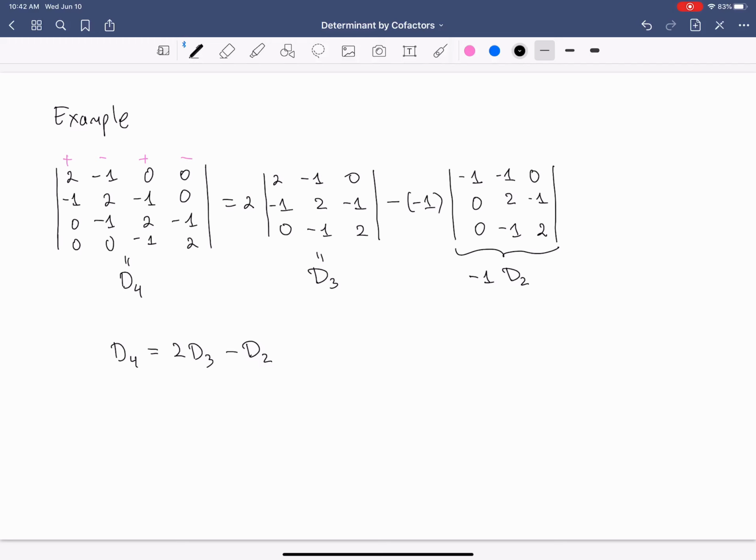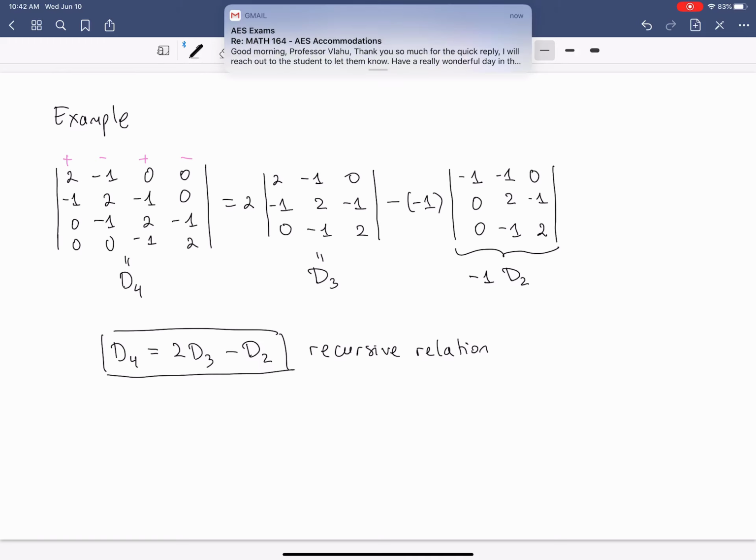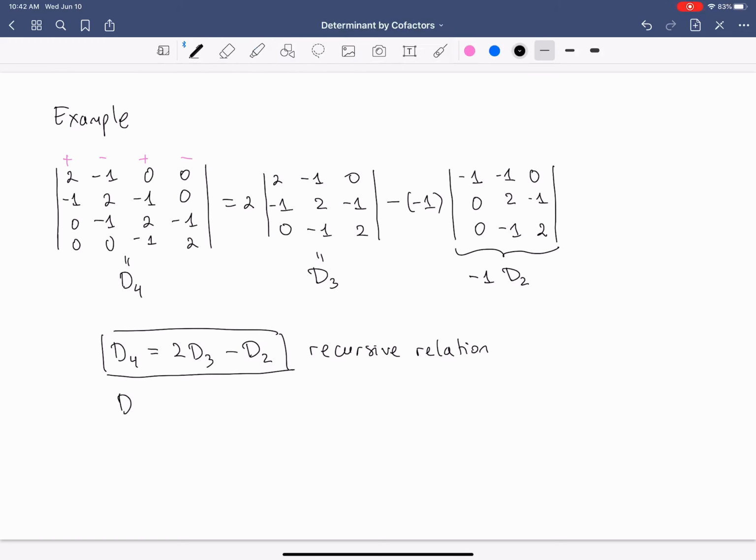The interesting thing is that you can use this expansion to come up with such a rule. This is what's called a recursive relation or rule. Why is it important? Because I know exactly what D1 is. I know that D1 is just 2. So knowing D1,